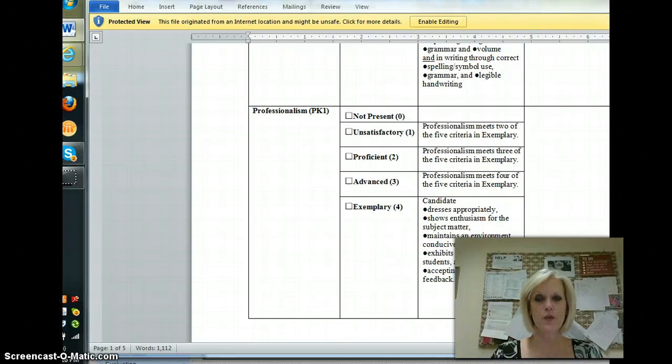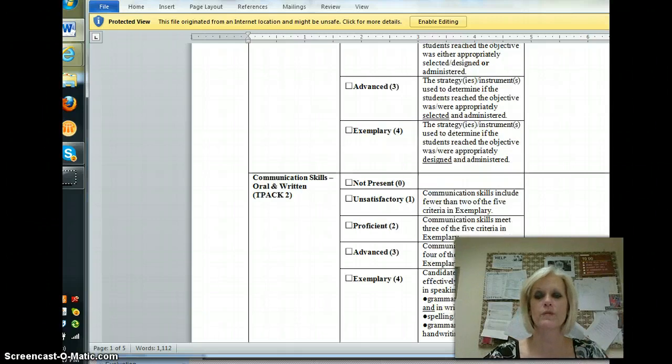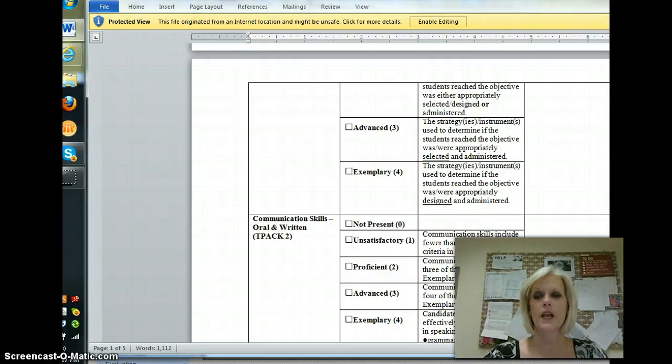I think most of you are remembering the fact that jeans are not something that we allow to be worn during internships. So remember that professional dress. Keep that up throughout the end of the semester. And I feel like you are all very good at accepting constructive feedback. Everybody's done a great job with that.